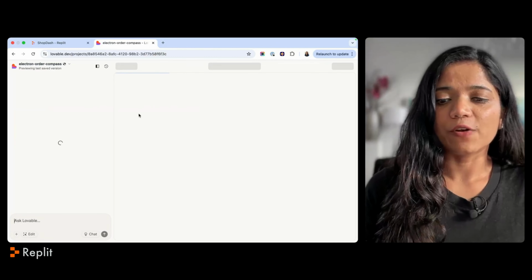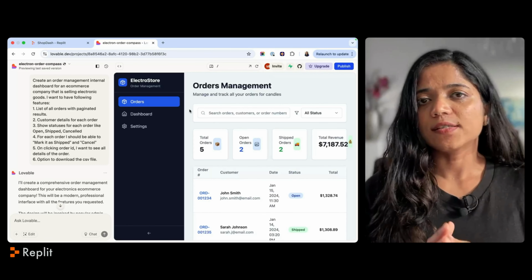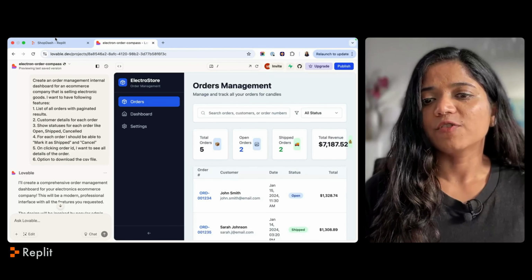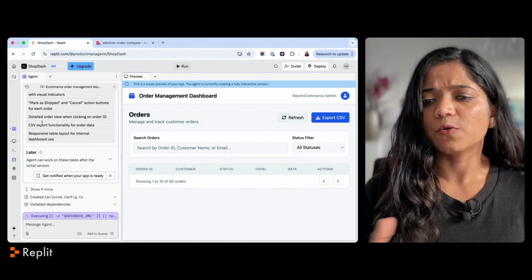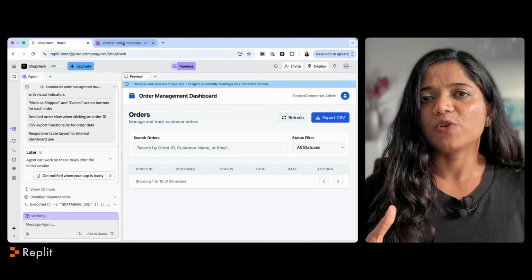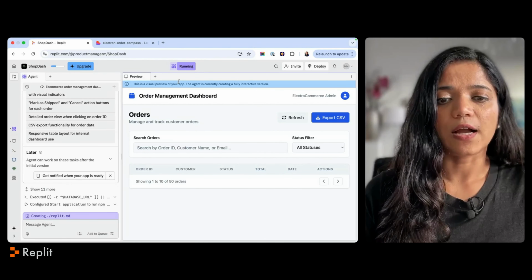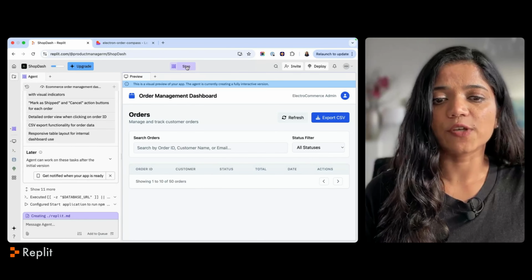And if I go to one of the projects here, you can see there is a stark difference between the amount of functionalities Lovable provides versus what you see in Replit. So there is a huge difference between the user's experience when it comes to using Replit. It's still working. I can see this running over here. I also have an option to stop.